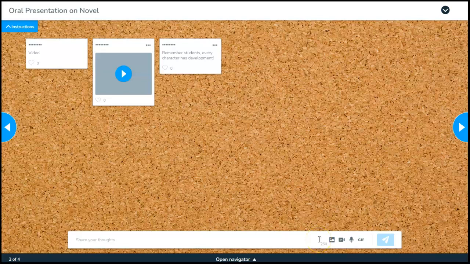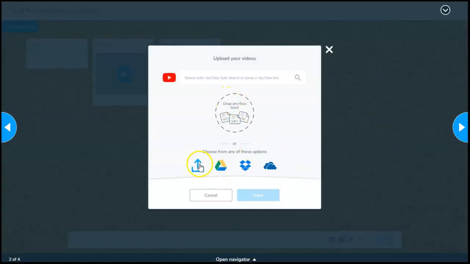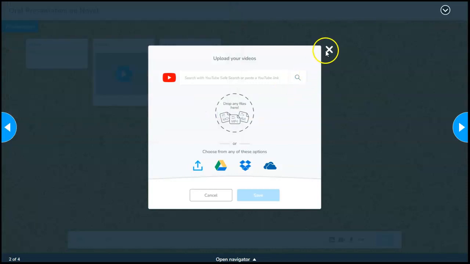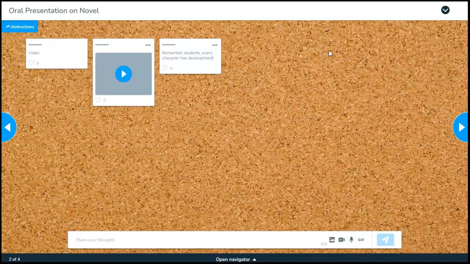So if a student is ready to post their oral presentation, they'd go down here to videos and they would choose the file, upload, and then they could add in any video that they have on their computer, or they could upload it to YouTube first and then add it in that way as well. And one little extra thing I like is that students can like other students' posts. I really like that. It's just a little detail, but I think it would help make it easier for students to post these videos. And then also, this is where they post comments, obviously the pictures, videos, even the voice